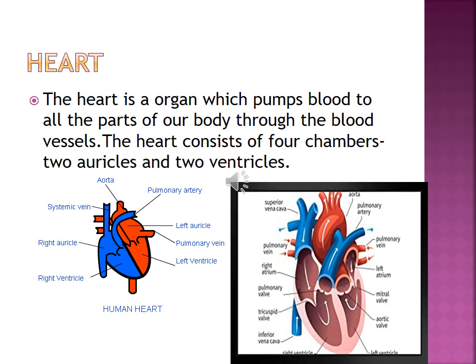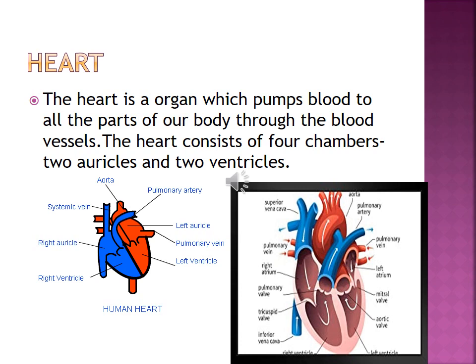You can see in the second picture the left side is totally separated from the right side by this wall, light pink color you can see here, it is not written septum. Its work is to prevent the mixing of oxygenated blood with the deoxygenated blood. It's like a wall. Now you can see in this picture the tricuspid valve,